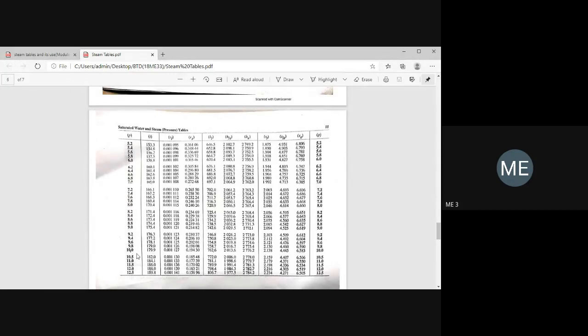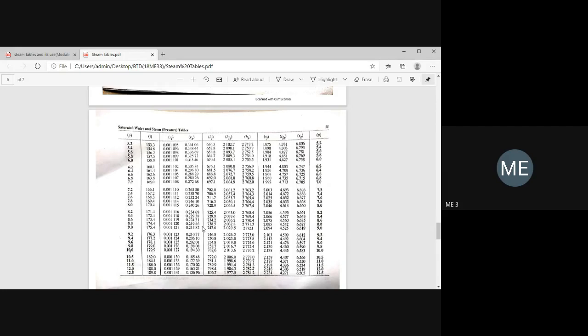So particularly at 10 bar pressure, the corresponding temperature is 179.9 degrees Celsius. And remember that it is above saturation temperature, and the state of the steam is in superheated condition. Okay, so based upon pressure and temperature, we can easily tell that. So the condition of the steam at 10 bar pressure: the second column is temperature, it is 179.9